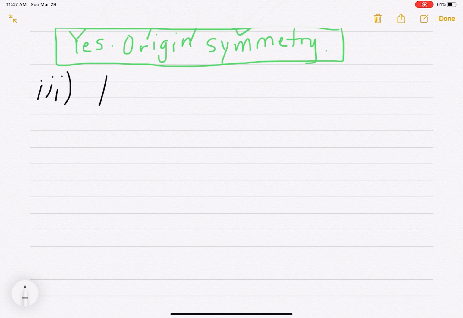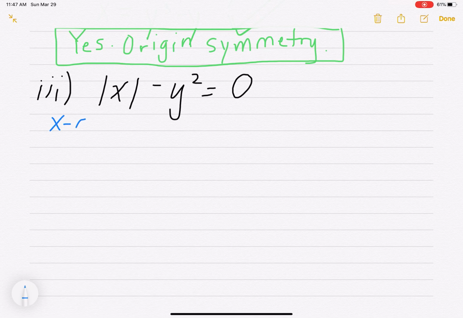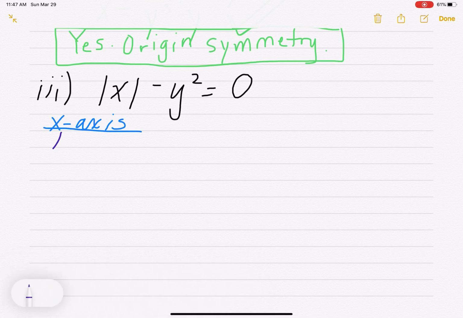Here we have the absolute value of x minus y squared equals 0. So that is a two-variable equation. We want to test for the 3 kinds of symmetry. Let's start off with the x-axis symmetry test. We're going to replace y with negative y